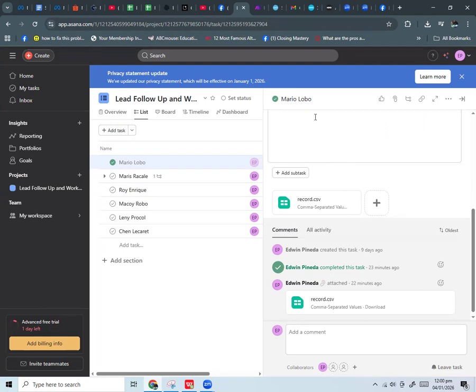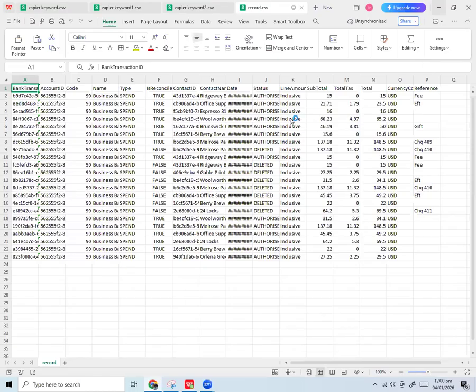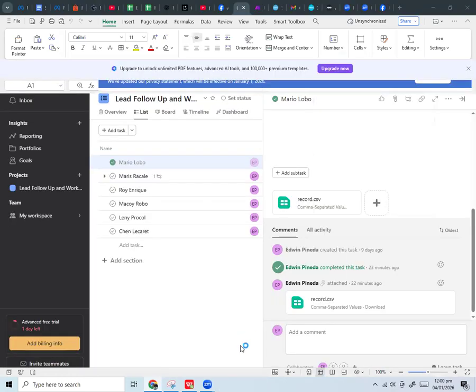After that, you will be able to get the record here. If we download this CSV file, I already downloaded it. If we open it, we can now see the bank transactions that happened on the date that we specified.